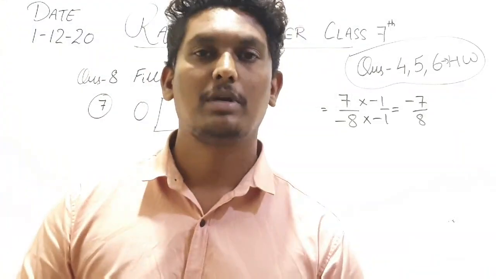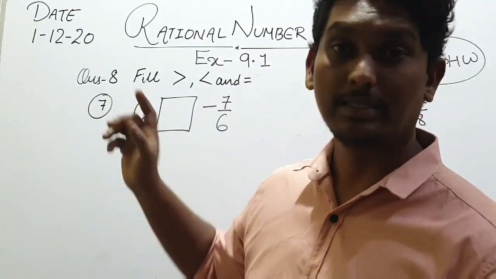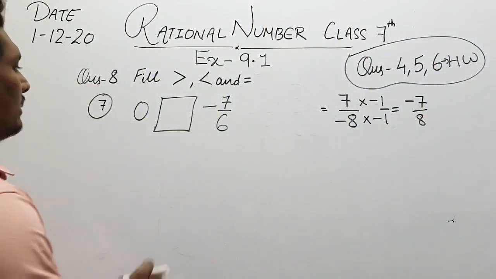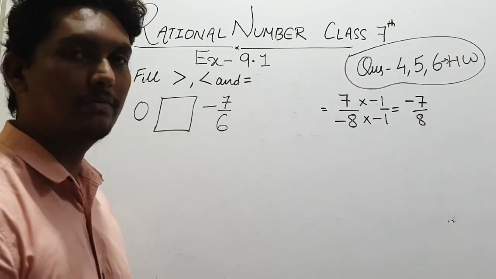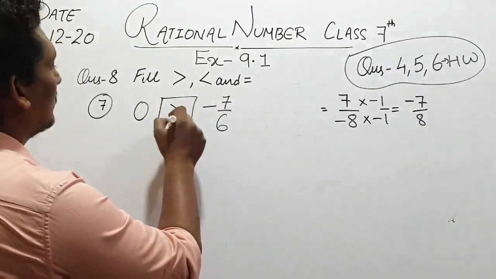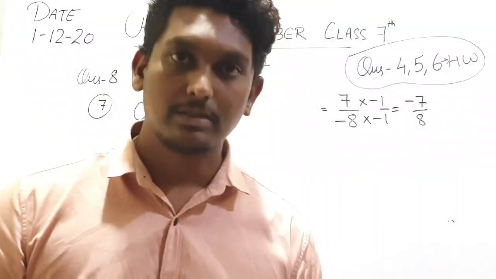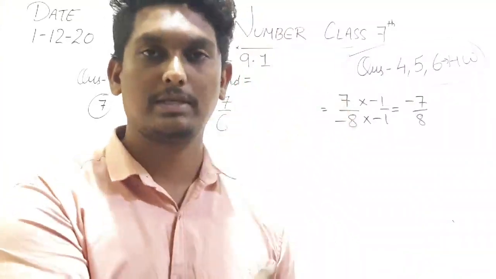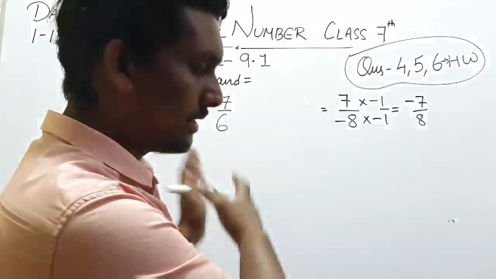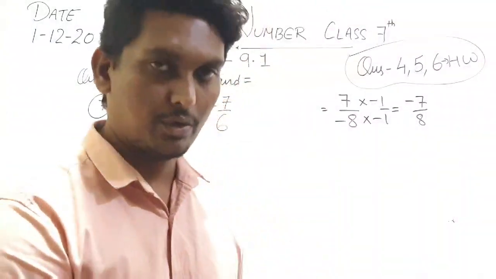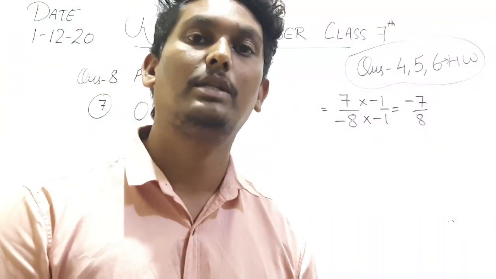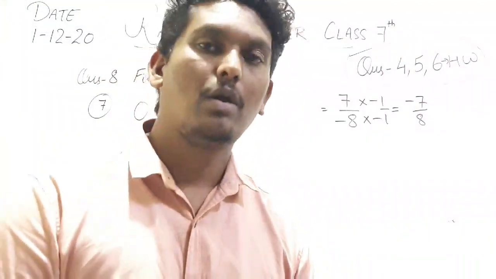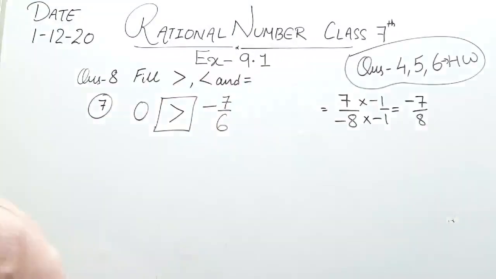Okay, now come to question number 7, right? It is a very easy question. We know that 0 is neither positive nor negative, and here is a negative number. So which one is greater? Simple, 0 is greater than minus 7 by 6. And questions number 4, 5, 6 are homework for you. Same thing, the same way we did in this exercise, you have to do. There also you have to find the LCM. You have to find out, of the given rational numbers, which one is greater. Okay, hope it is clear to you. Just go through it.